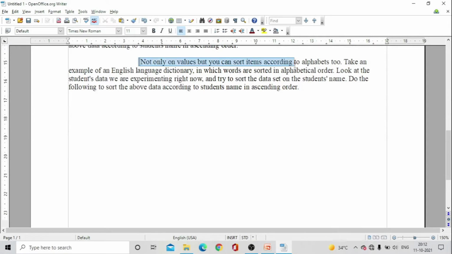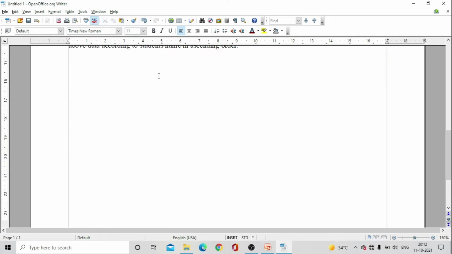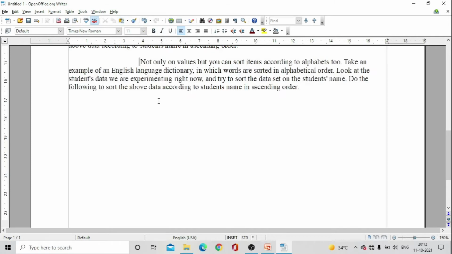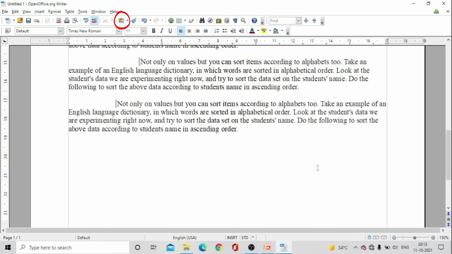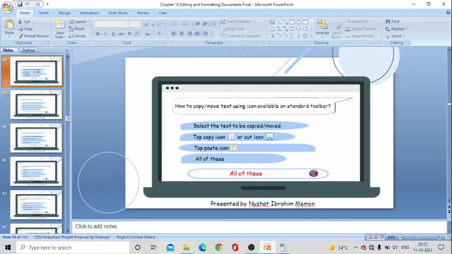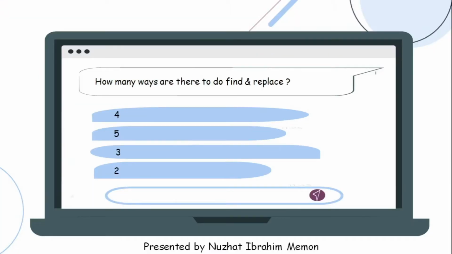For example, I want to move this paragraph, so first we'll select this, and now I will use this icon to cut the text. So as you can see, our text has disappeared. Now here, as you can see, the Paste icon is available. I'll click on that, and yes, our text has been pasted, but I want to copy it. Now I'll select that paragraph again, and here is the Copy icon on the standard toolbar, so we'll click on it, and now we'll go to the position where I want to paste it. So here I want to paste it, so I'll simply click the Paste icon on the standard toolbar, and yes, as you can see, our paragraph has been pasted. So finally, we are done with copying and moving.